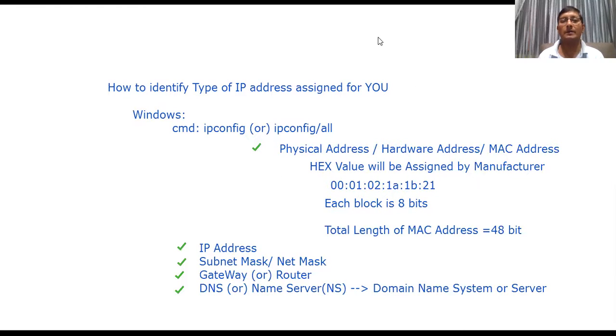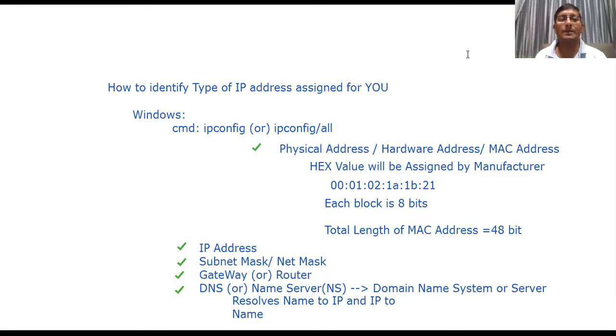DNS is going to resolve your name. So the purpose of DNS is resolve name to IP and IP to name, vice versa here. So it is going to resolve name to IP and IP to name, either way. You can fix simply name to IP, but IP to name you don't need to resolve if you don't want it. Like that, vice versa, it is going to resolve.